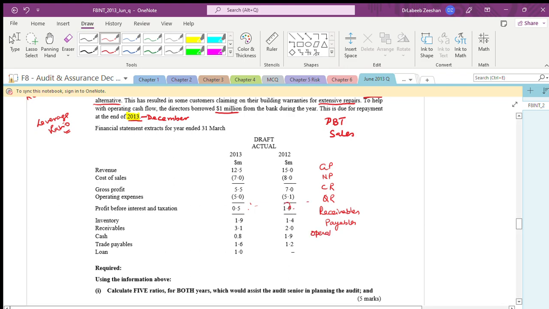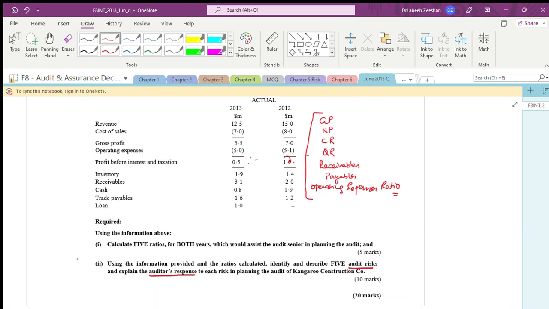If there is anything, like loan, trade payables, cash, receivables, inventory, PBIT, operating expenses, gross profit, cost of goods sold, sales revenue. Now we have to make sure that we will get our results from here. Is it possible or not? What do they say? Calculate